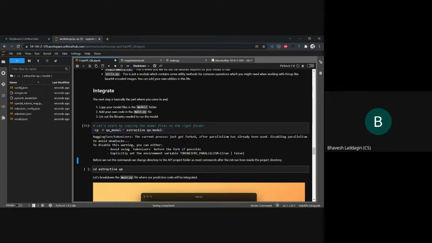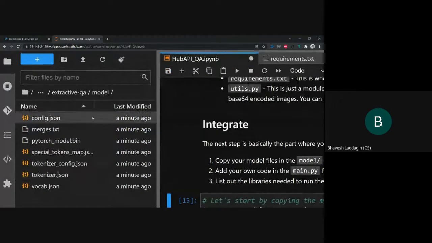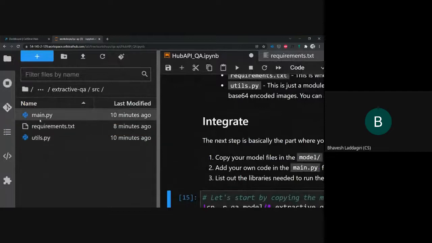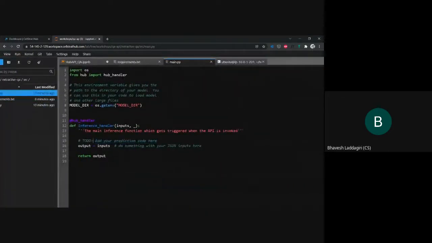Okay. So yeah, you just copy them. And you can see all our model files in this model folder. So you can see our model folder here, right? And all our files are here. So the next thing is changing this main.py file. We have already opened this main.py file. We have to add our own prediction code here, right? So what you can do is you can basically,